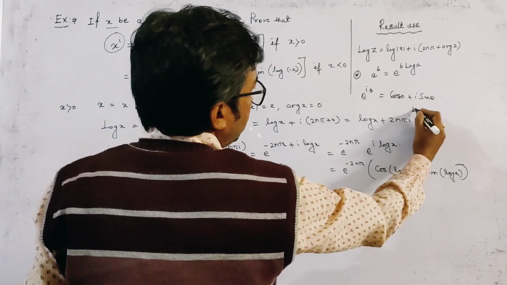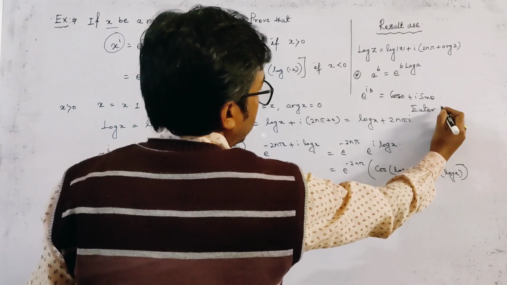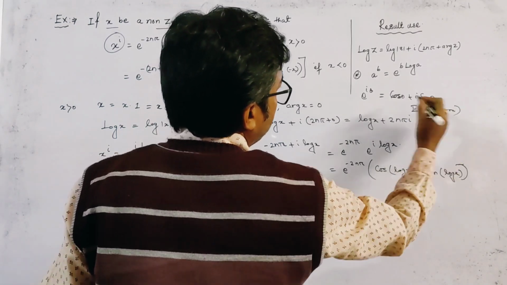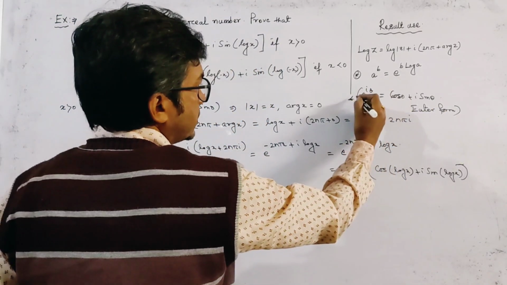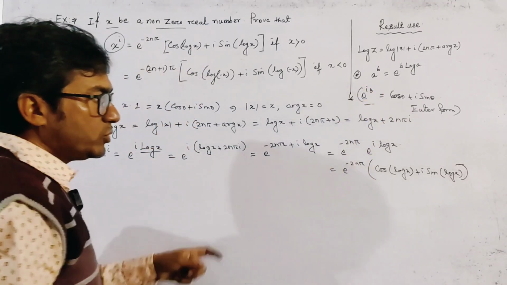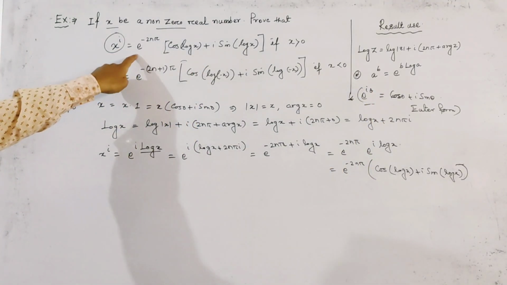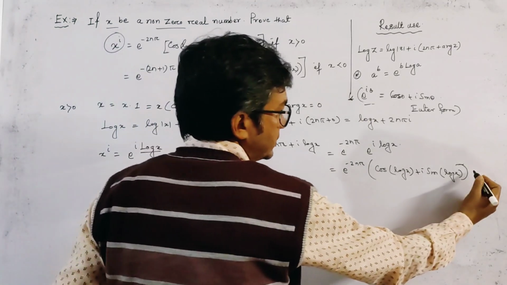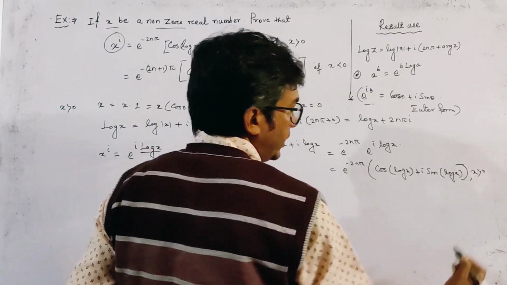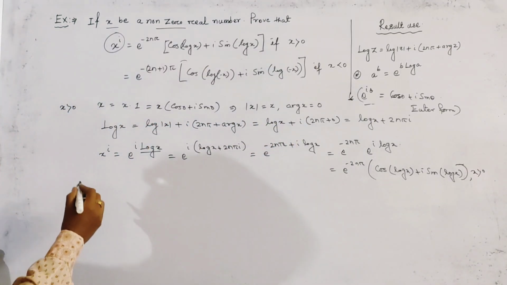This is the Euler form of a complex number, which we also use here. This is another result we use in this problem, and this is the first proof, for x greater than 0. Now if x is less than 0,